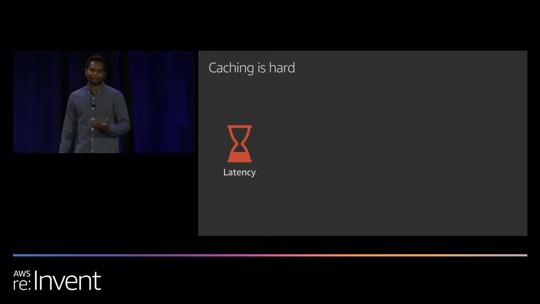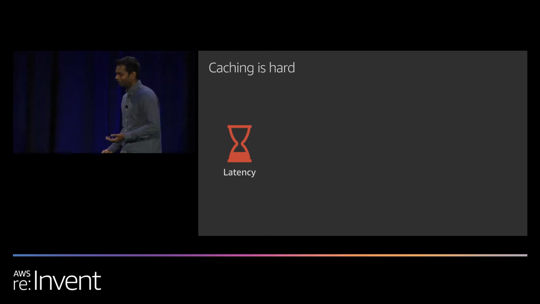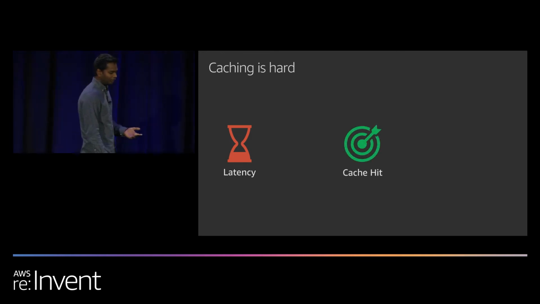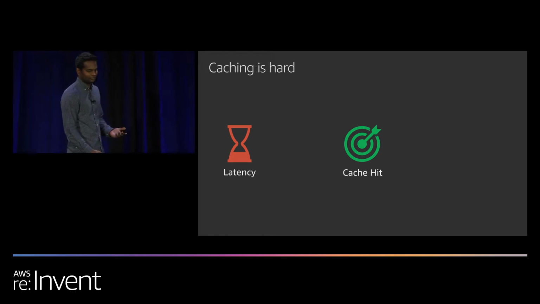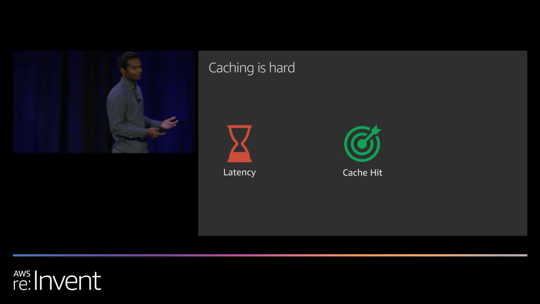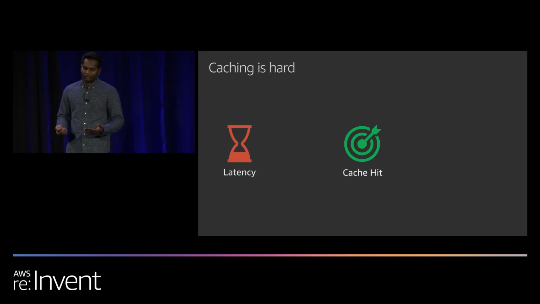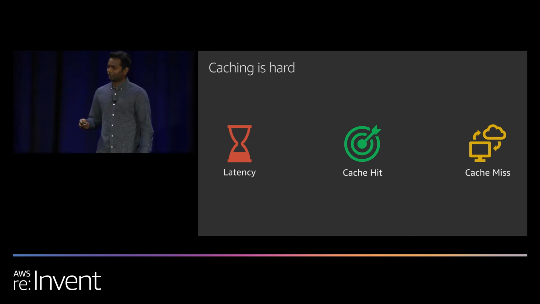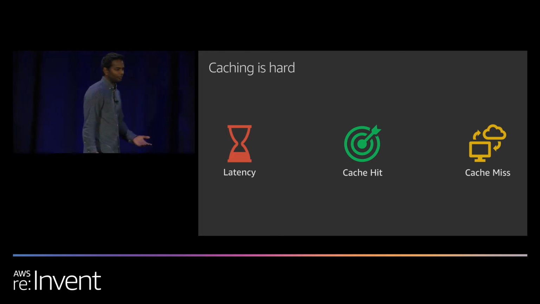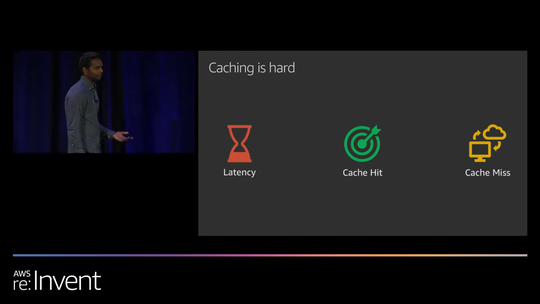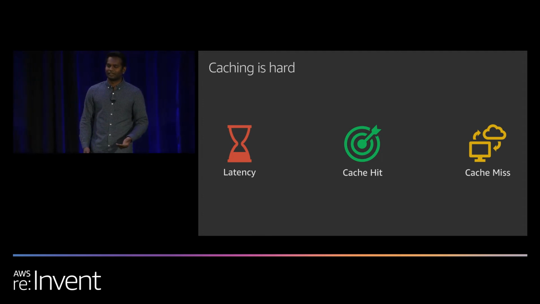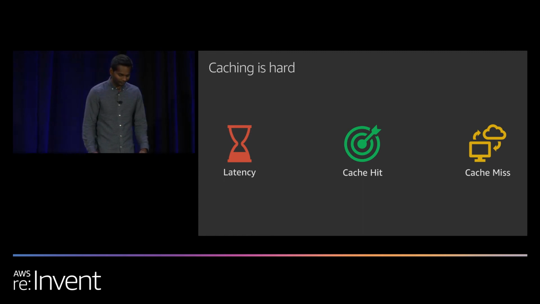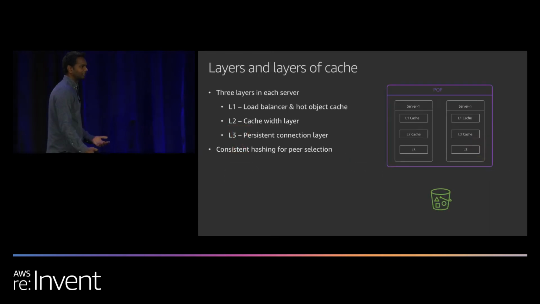So as Tino and Chris mentioned, latency is super important. If you have bad latency, it leads to bad customer experience. So to make the latency better, what we have to do is cache the content in our servers. When we serve the content right out of our cache servers, it's what we call a cache hit. And when the content is not in our cache servers, and we have to go all the way to your origin server to fetch it, it's what we call a cache miss. So in order to provide the best possible experience, all we have to do is cache everything at our edge locations. But as you could imagine, the entirety of the internet is so big that it is impossible to cache everything at our edge locations. So the first challenge is how do we effectively utilize our cache space?